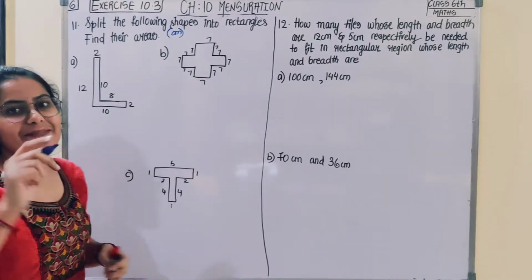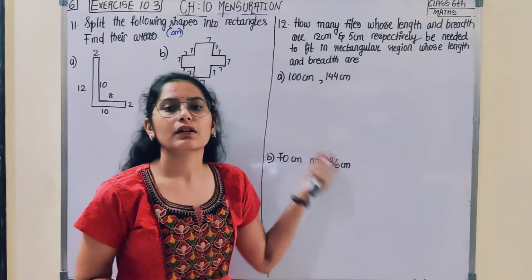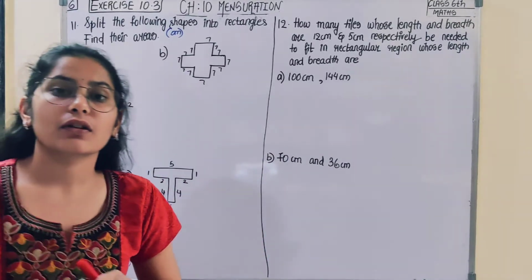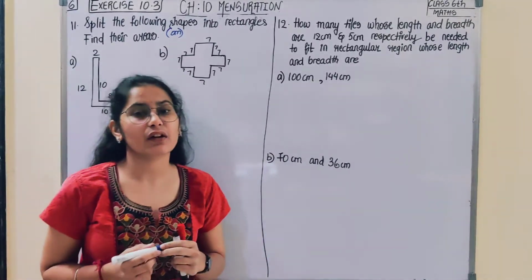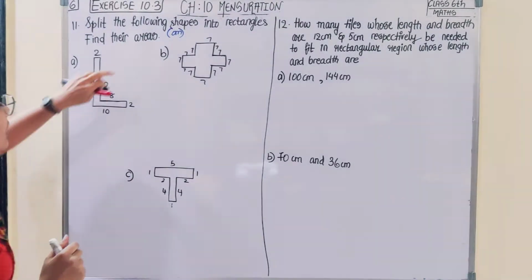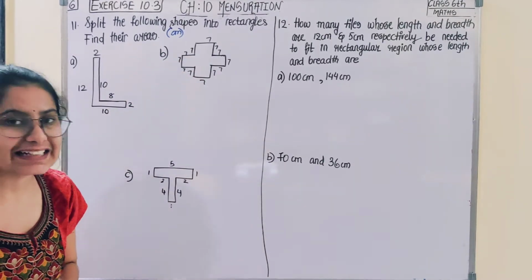So you can make a correction wherever I made you write square units, instead of them you can write square centimeter. From this we can understand how important it is to read the question carefully. This is also written in brackets, so you can check it out. And here also they have mentioned in brackets that you have to consider these values in centimeter.